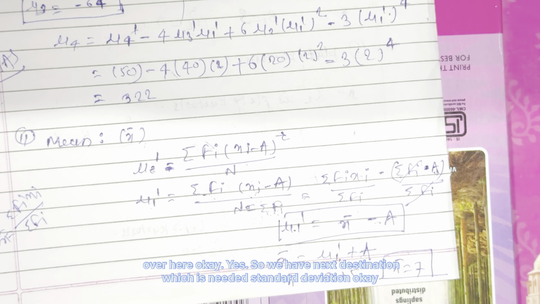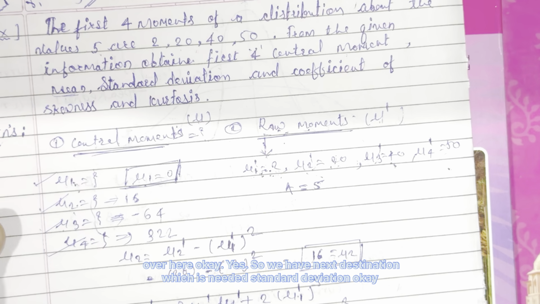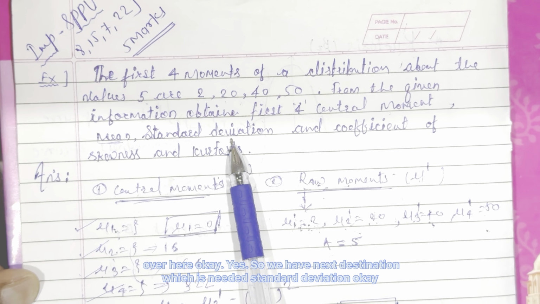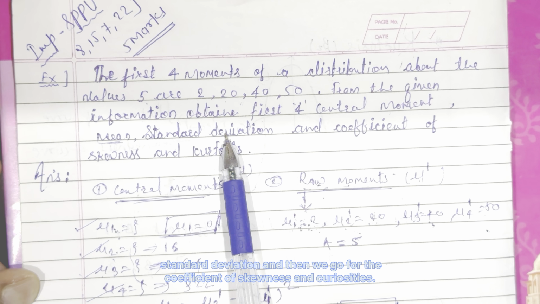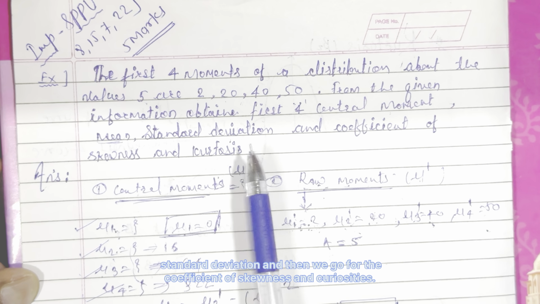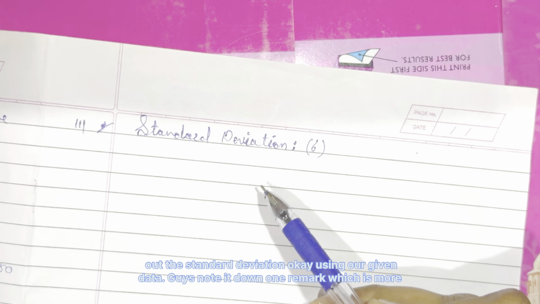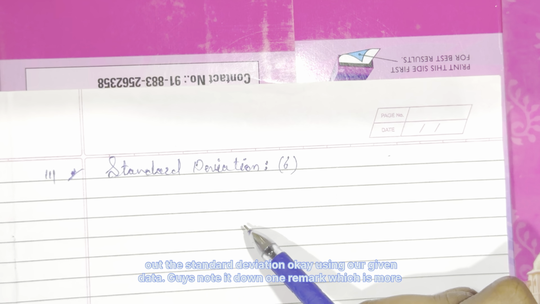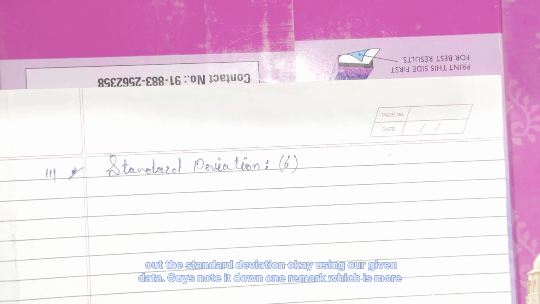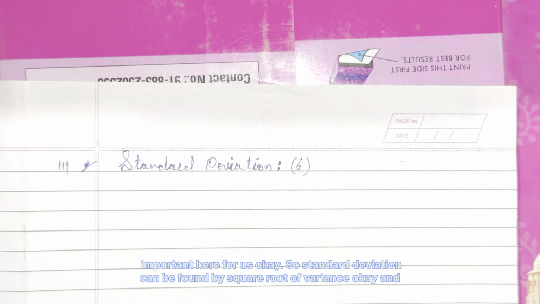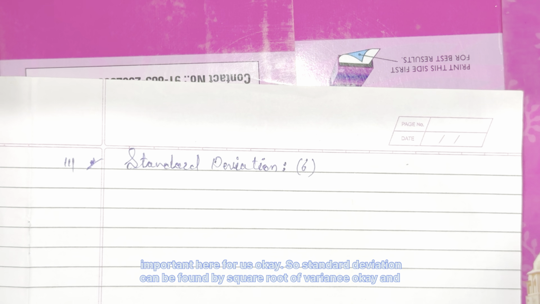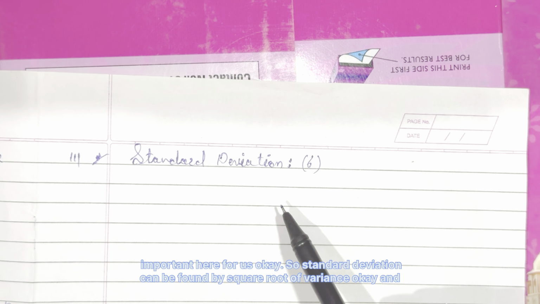Yes. So the next thing needed is the standard deviation, and then we go for the coefficient of skewness and kurtosis. Let's go for the third part, finding the standard deviation, using our given data. Note down one important remark here: standard deviation can be found by the square root of variance, and